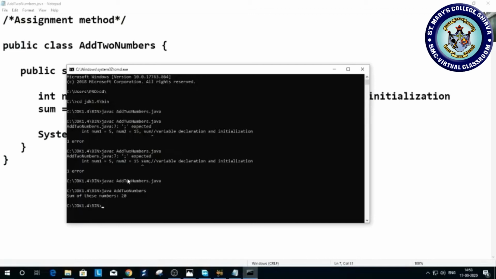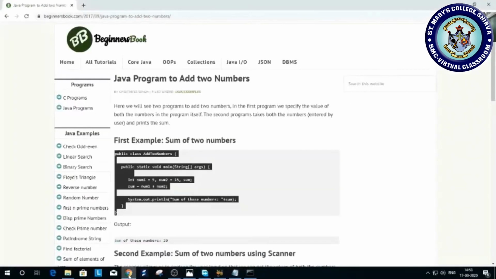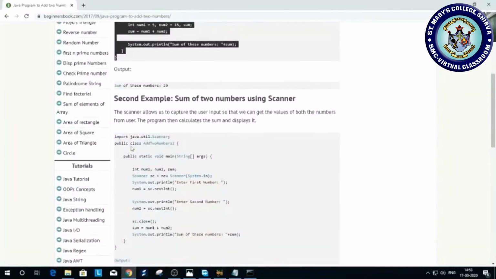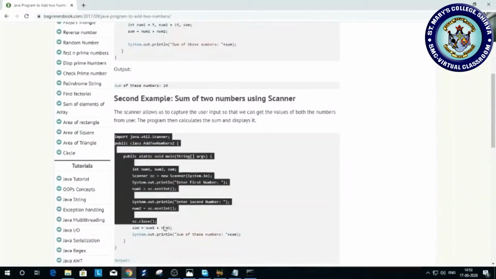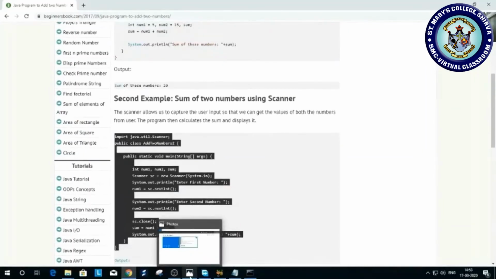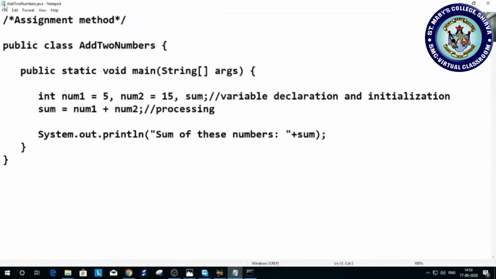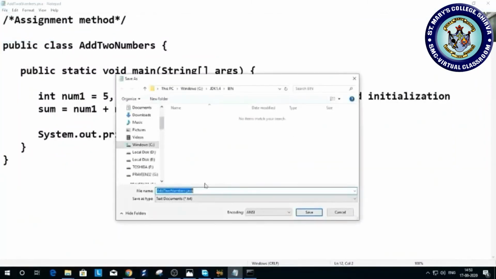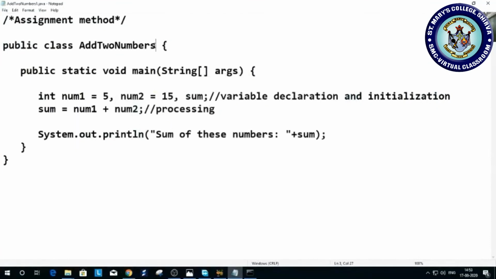Now I want to make the same program as an interactive method. It has to ask, and I have to supply. So if I want to do this program, I am using this site. Here it consists my program. I will explain. Let me modify here only. File, save as, AdditionOfTwoNumbers1.java. I'm making here one. Yes, I have declared. I don't want to initialize.